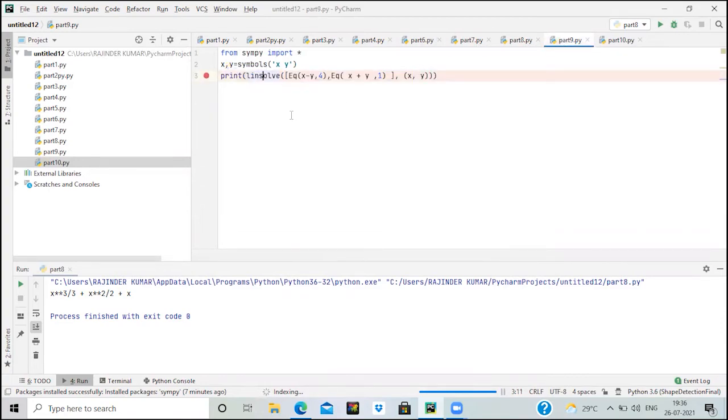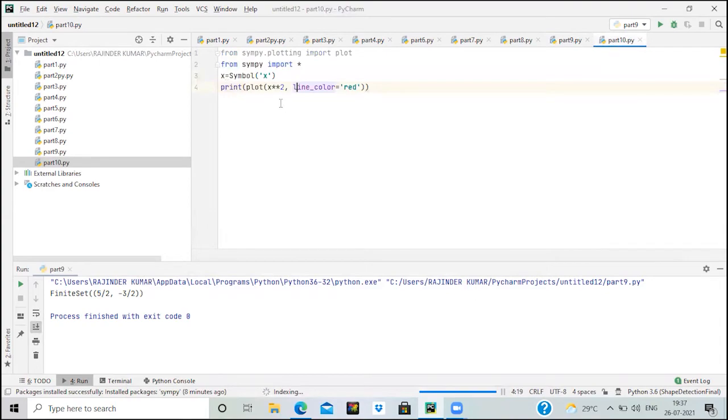Then here I am using the linsolve function to solve these two equations, that is x minus y equals 4 and x plus y equals 1. Let's just right click and see the output of this. We would be getting the values of x and y as output. We have got the value of x as 5 by 2 and the value of y as minus 3 by 2.